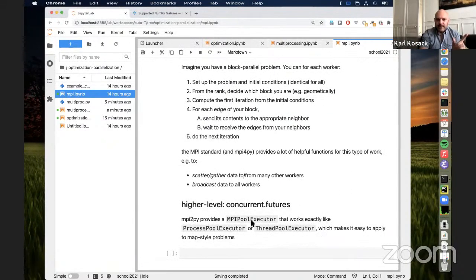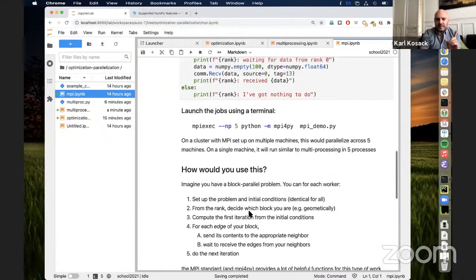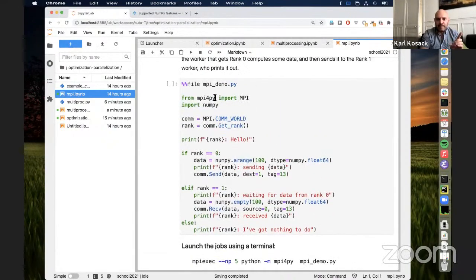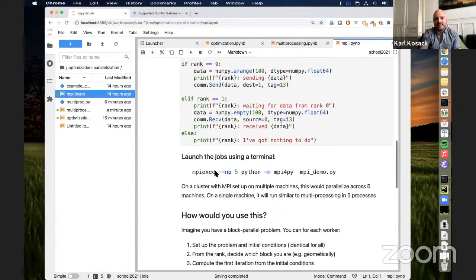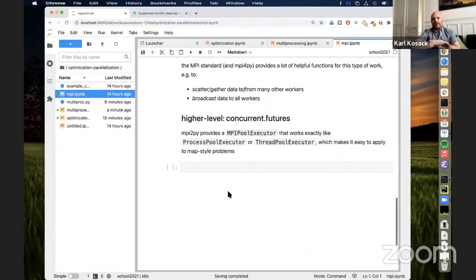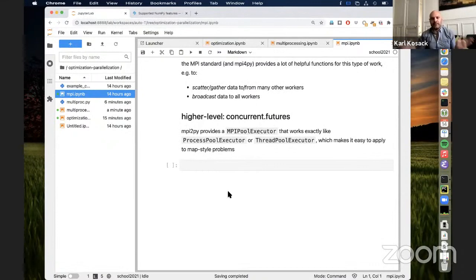But I also want to point out that the Python library I'm using for this, which is called mpi4py, provides a concurrent futures module that works just like the ProcessPoolExecutor, called MPIPoolExecutor. So then you don't have to know anything about MPI. If you have an MPI cluster, a cluster that supports it, which many big data centers do, and you wrote your code to use concurrent futures, you can just run that code using mpiexec instead of running Python directly, and that code will run on every machine in your cluster at once. And that's really, really powerful. Okay, so I'm done there, and let's open up for questions.